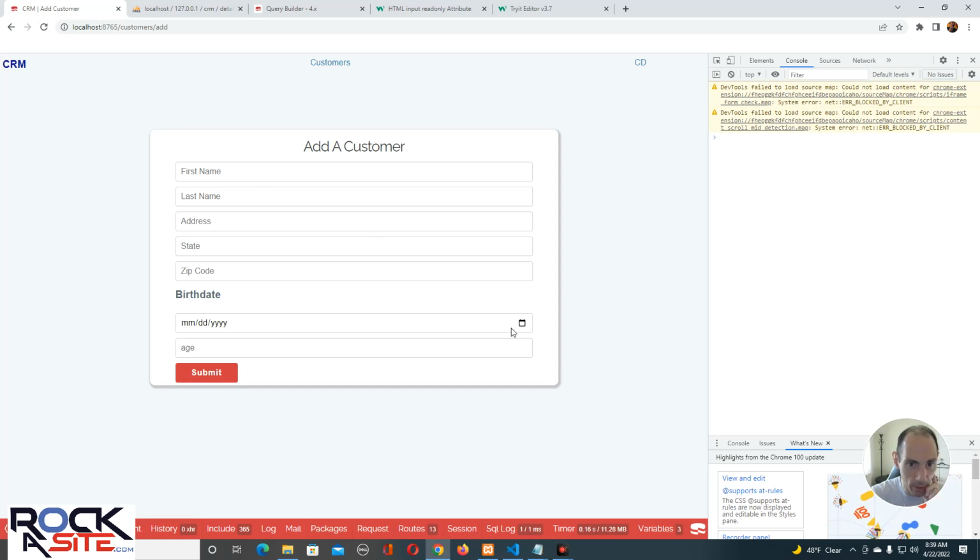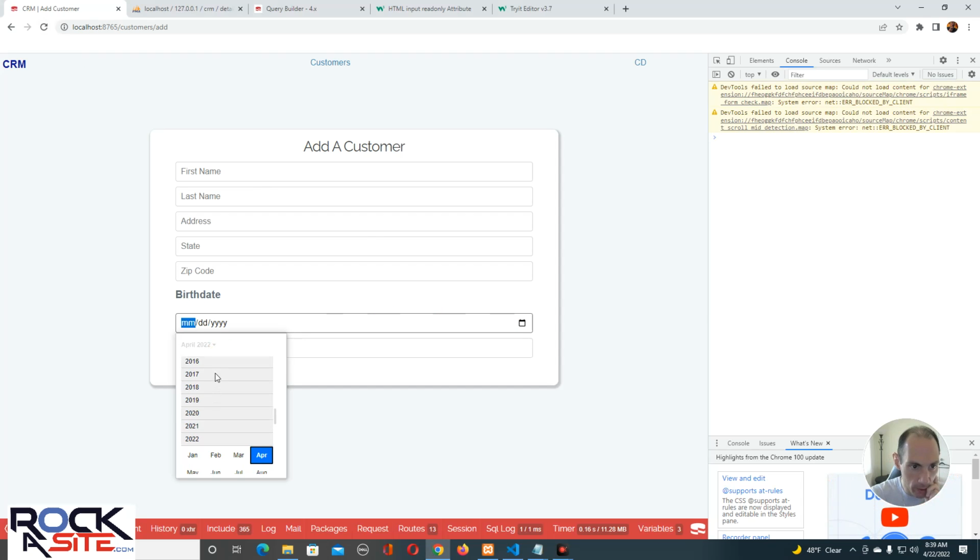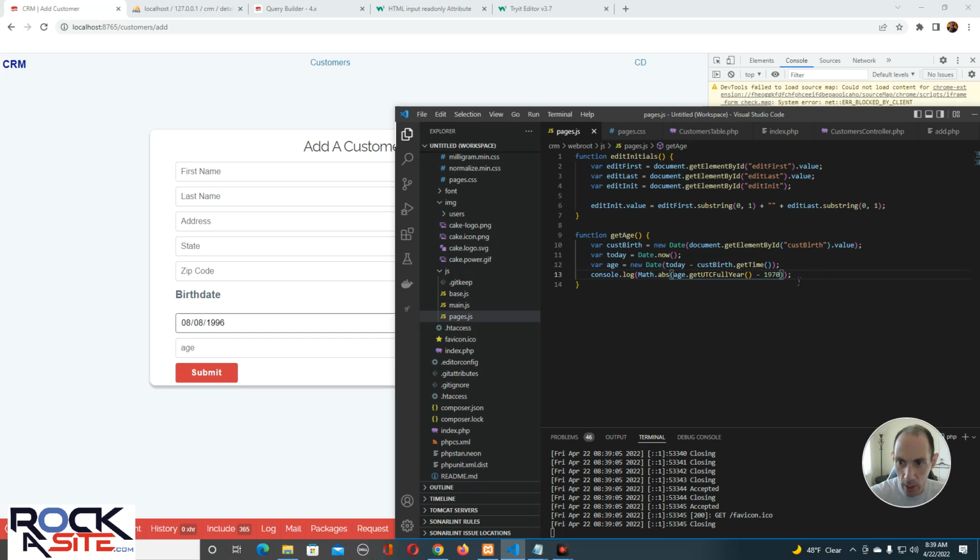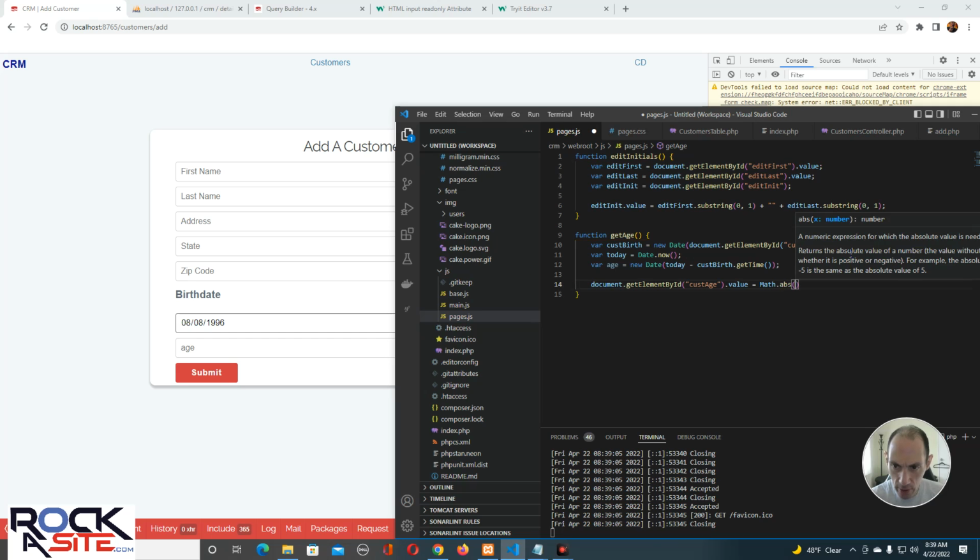We'll go like this. So now, if we change it, and we go over here, and we say, let's go to August 8th, 25. That's what we're going to load in the age. We don't want to console log it. We want to load that in the age. So we're going to go document, get element by ID, and it's cust age value equals math.abs age,